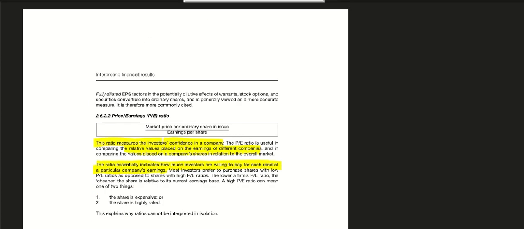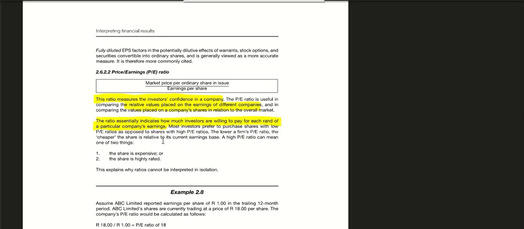It is also used in the price earning ratio, right? Because we use it here, right? So these are linked. So we use the EPS as the denominator for the price earning. Price earning measures the investor's confidence in a company. And it is quite a better tool than the earning per share on its own and the price on its own. That's why price earning is a better tool in the sense that we would be able to see